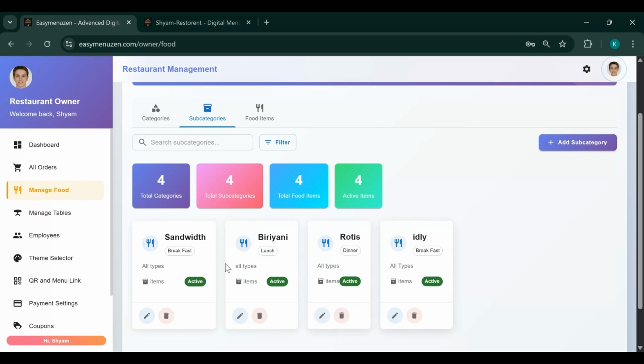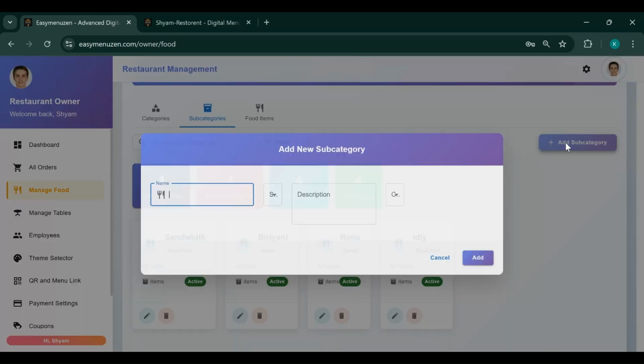So now here we have the subcategories, right? Sandwich, biryani, rotis, and the idli. Something is there. Okay. So let me try to create one more subcategory which will fall under snacks. Just now we created snacks as a category, right? So inside the snacks maybe,